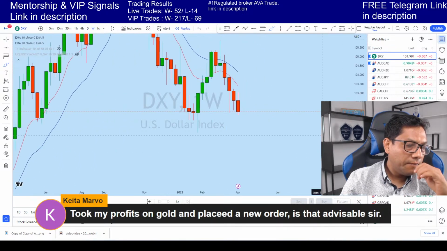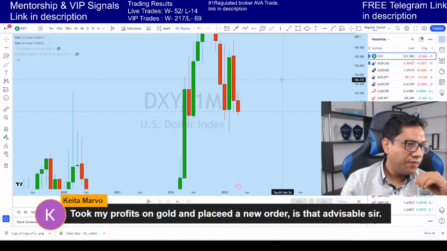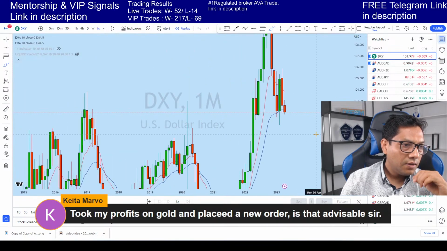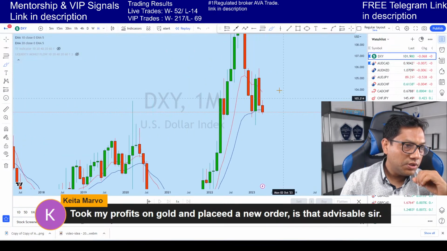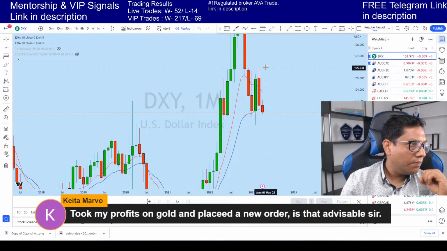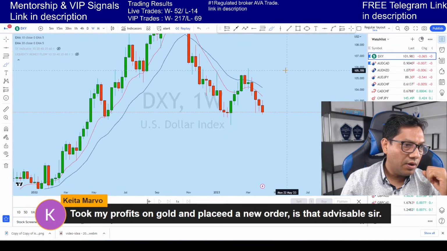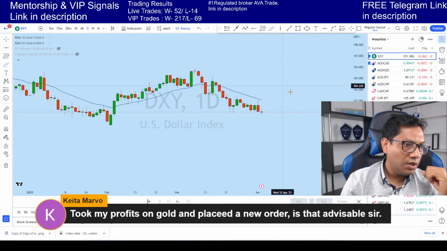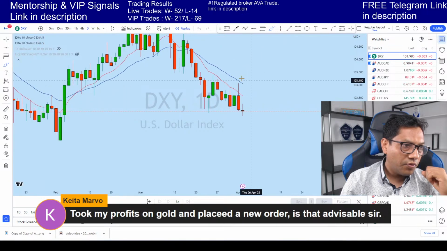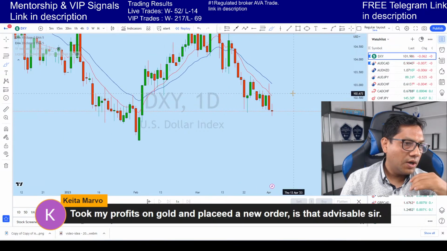So from the bigger picture perspective, if I look at the monthly, we see that there's a big long bearish candle, followed by, so far we see the price is coming down. If I look at the weekly, we can see that back to back, this is the 4th week, the price is coming down. On the daily, from the daily DXY,